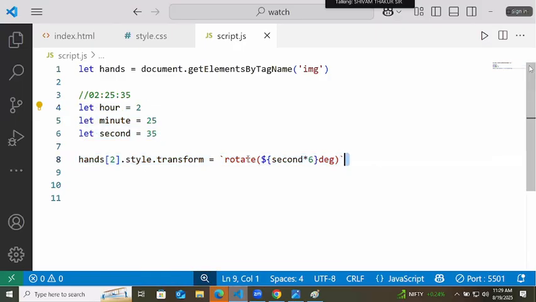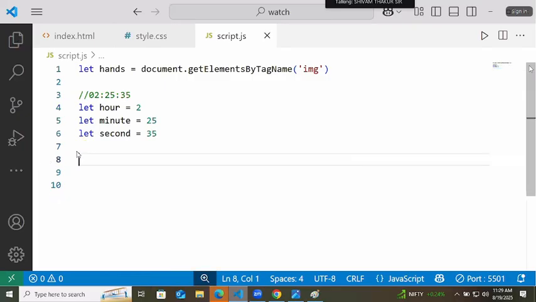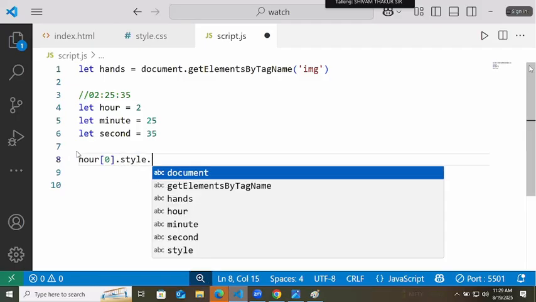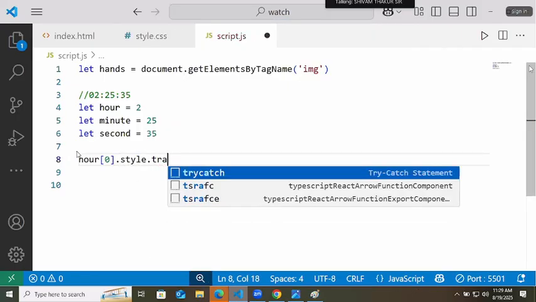Okay, wait. Let's rotate the hour hand. If hour is 2, so by default hour 0 dot style dot transform